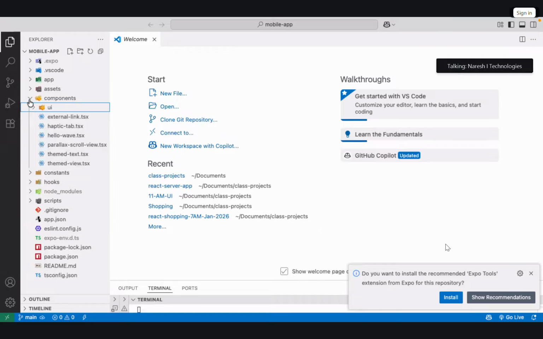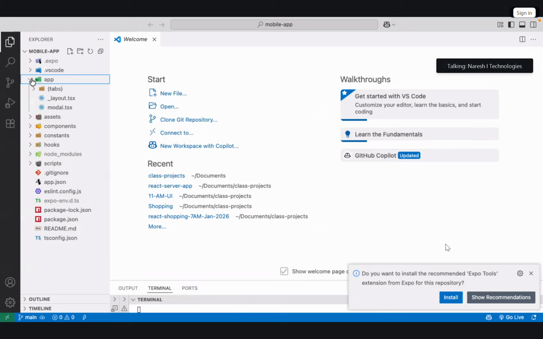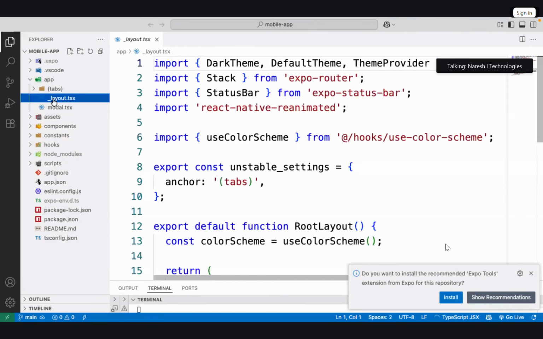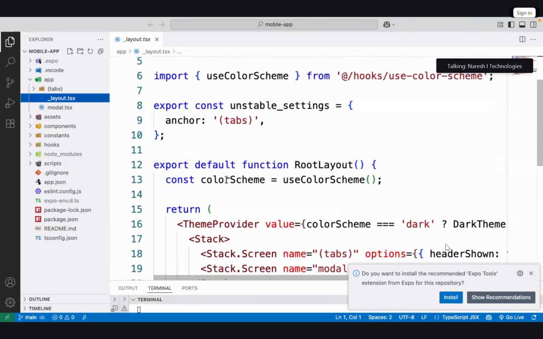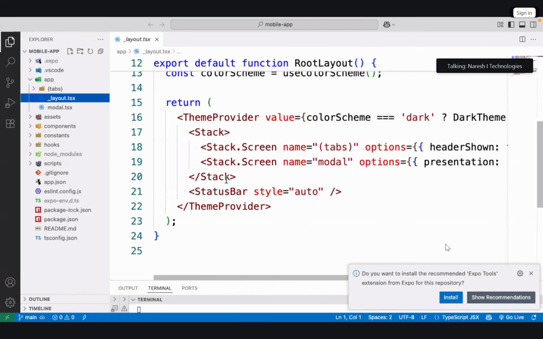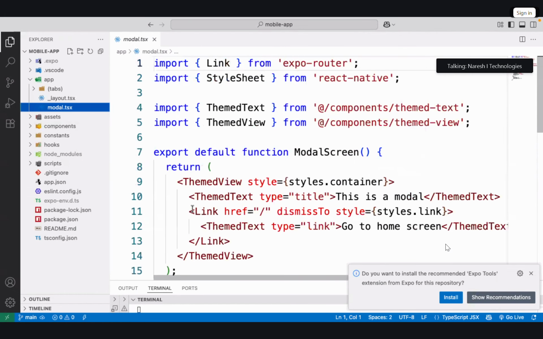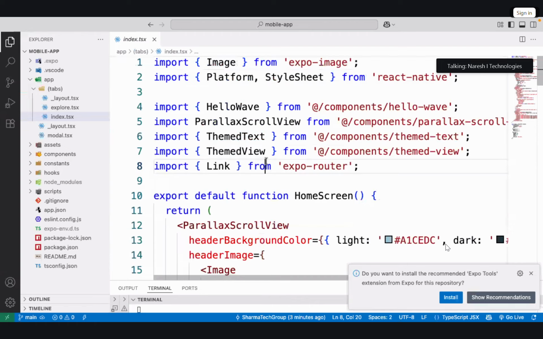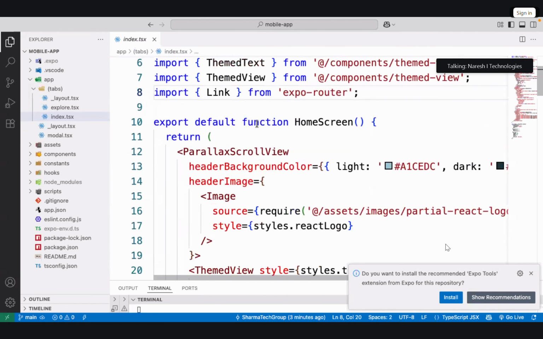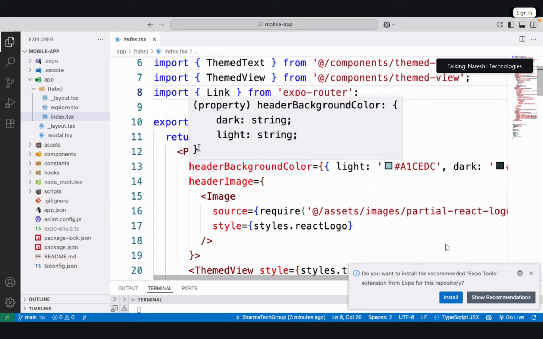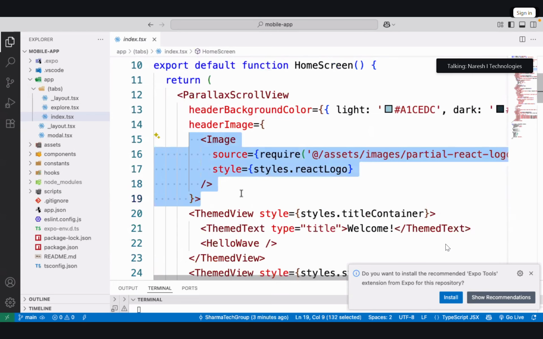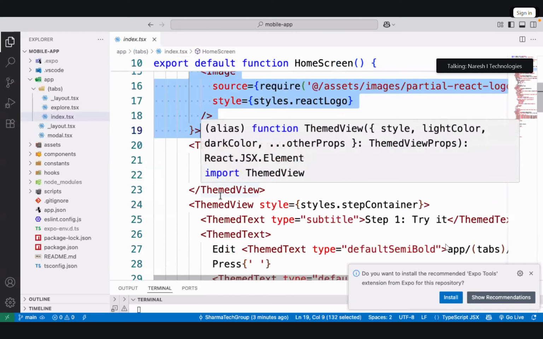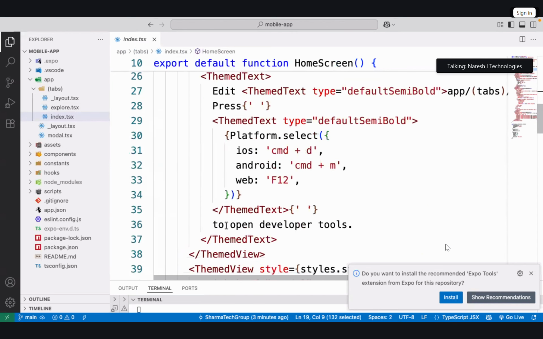You have a folder called app. You have layout, and it has this complete configuration. All are components, but they are mobile related. And observe, it has tabs. You can see the index tab. The function is the same, but it is using mobile components. Image is a mobile component. ThemedView and ThemedText are mobile components, right?